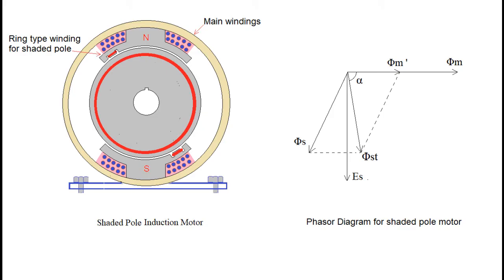The motor that we see on slide is known as shaded pole induction motor. The two poles that we see on stator side are supplied with single phase supply. As usual, magnetic flux is established due to these two salient poles. Note the difference in the poles from that of other salient poles. These poles have one slot at their leading edges of the poles.